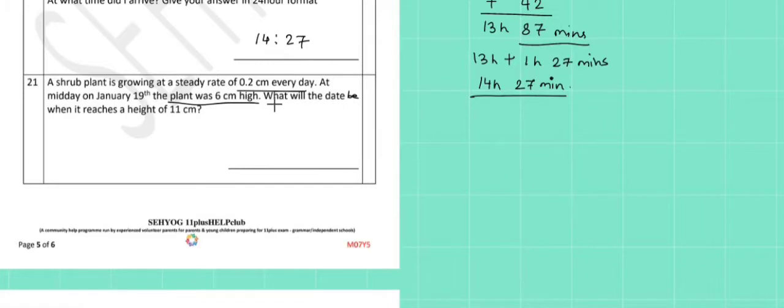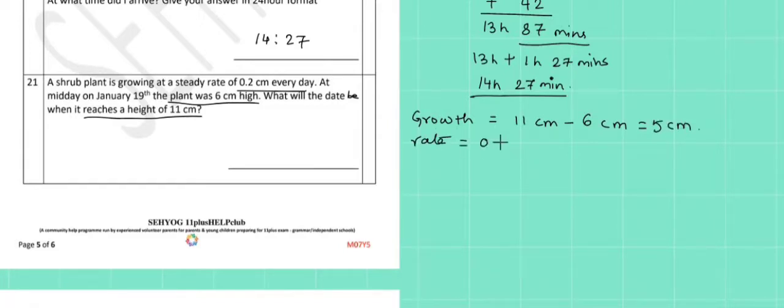Now at a later date, it reaches a height of 11 centimeter. So we will first find out how much the plant has grown. So that is 11 minus 6, which is 5 centimeter,